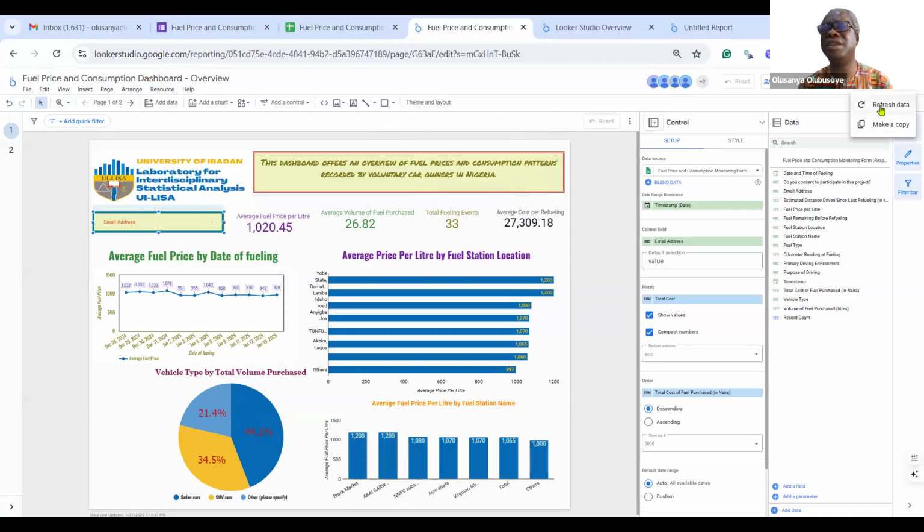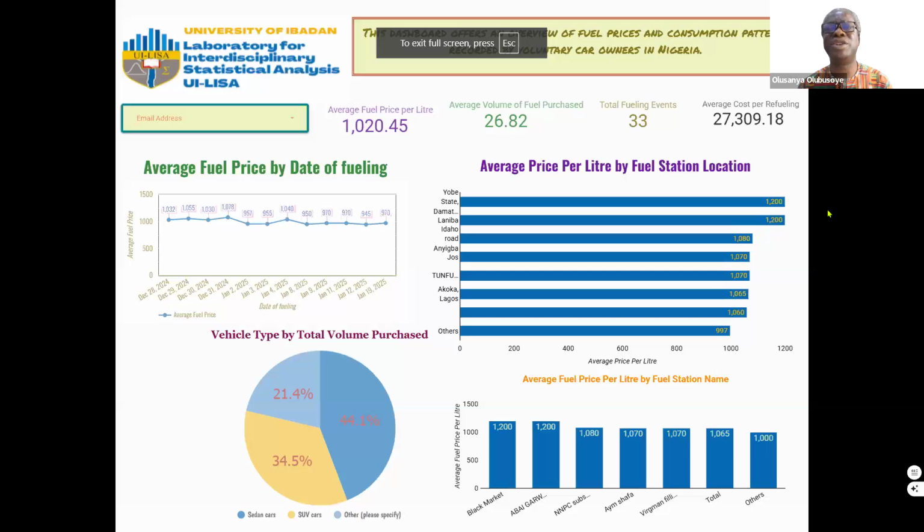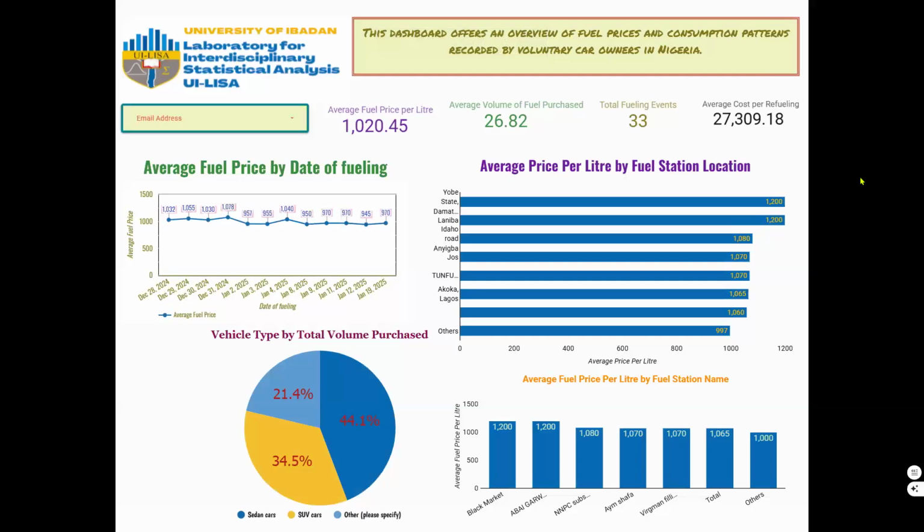You can easily convert this by going to view. In this view, it is no longer editable, and then you can say present. So this becomes like a presentation slide that you can easily use to discuss the visuals or the report that you have.